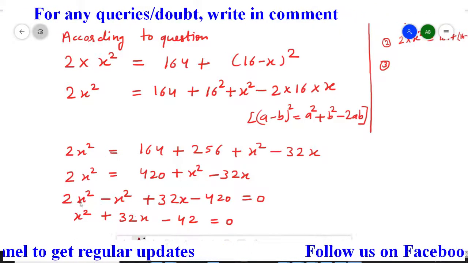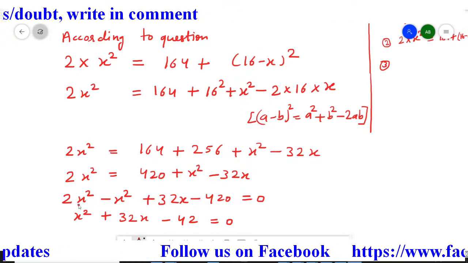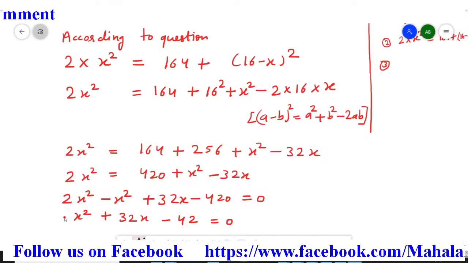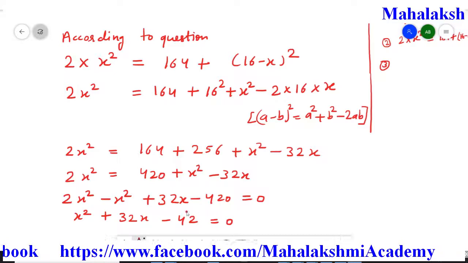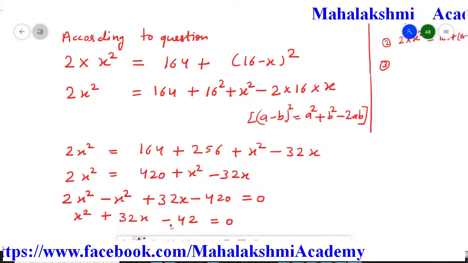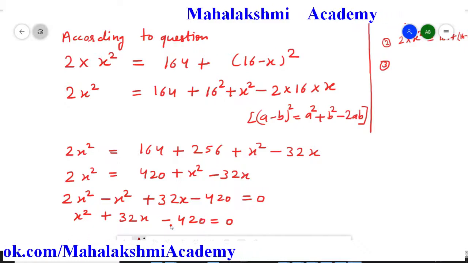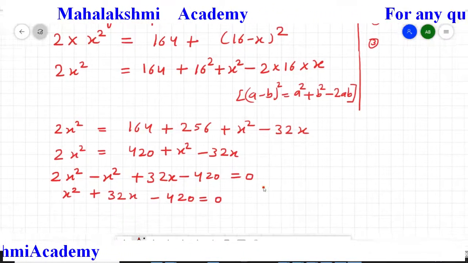Now here this 2x square and x square are like terms, so they will get subtracted. So 2x square minus x square is x square, sign of the bigger number, so it's positive only. And these two terms, that is 32x and minus 420, we write down here as it is. Sorry, I wrote only 42, here 420 will come. Now it's a quadratic equation and we have to simplify it,